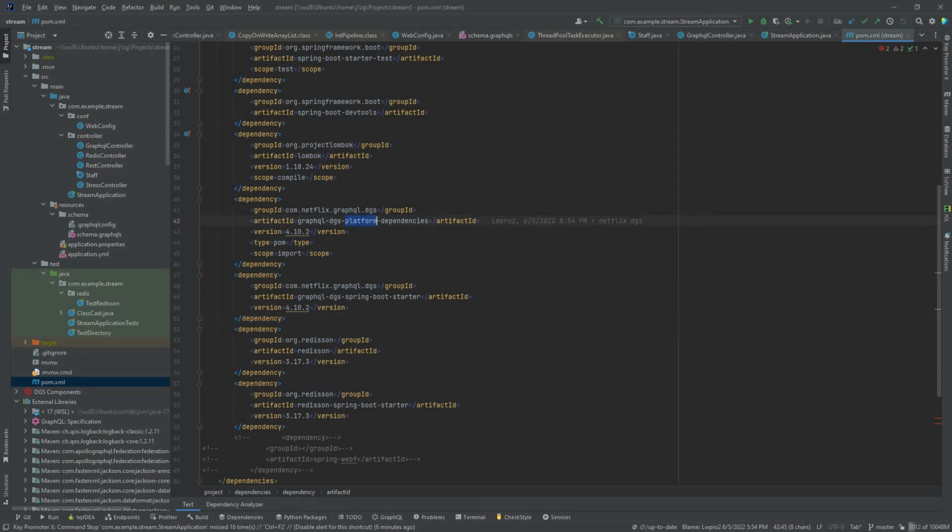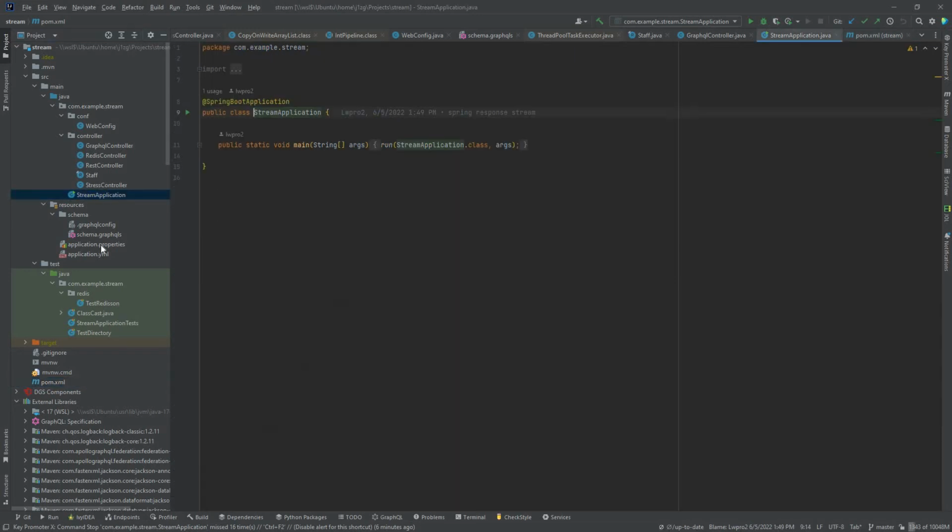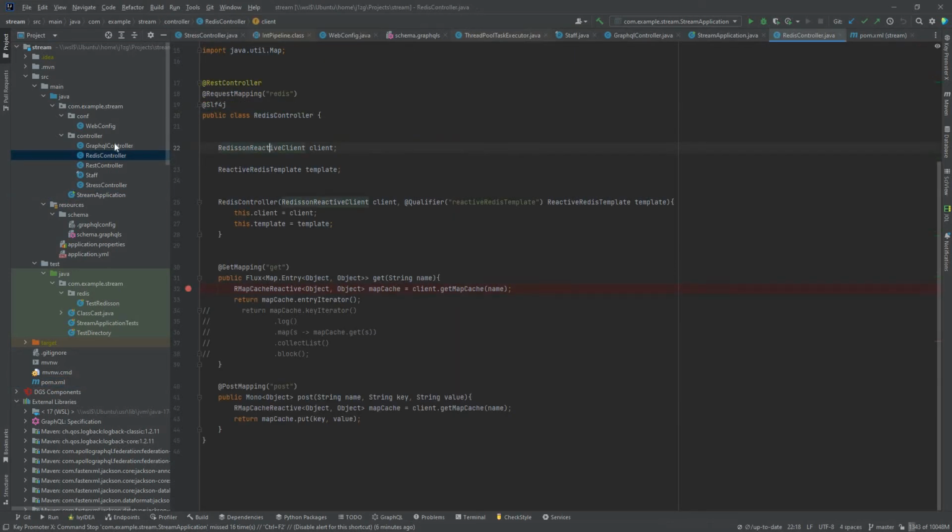So I'm using Maven here, but it's the same for Gradle, and otherwise you can manually add the libraries. The library needed is the DGS platform dependencies. It's the BOM, basically to tell the versions for different dependencies. Similarly, there's a DGS starter. With these two libraries on the classpath, it's going to enable